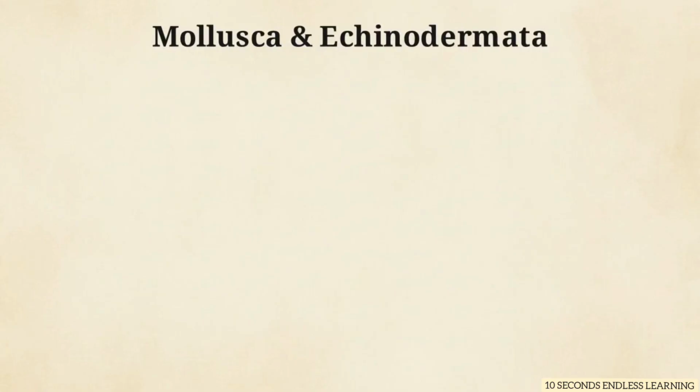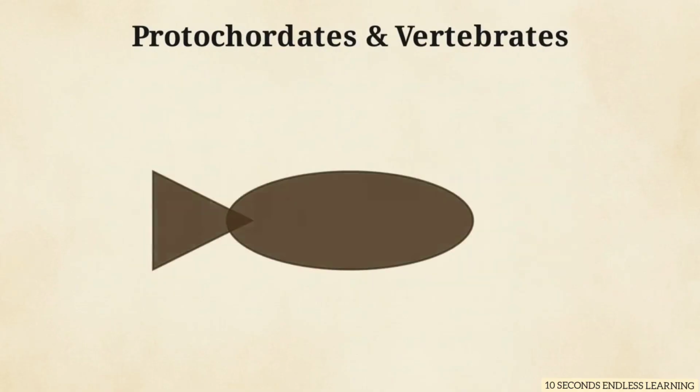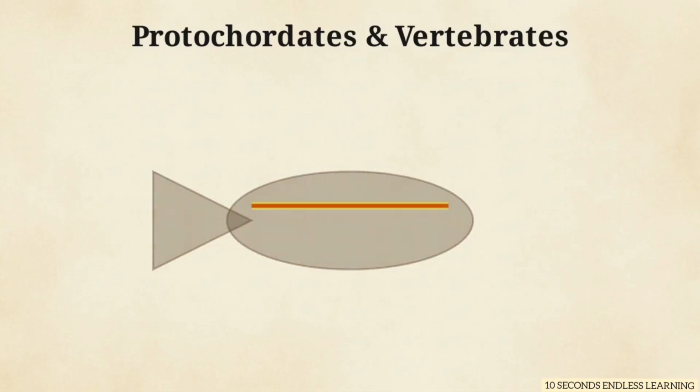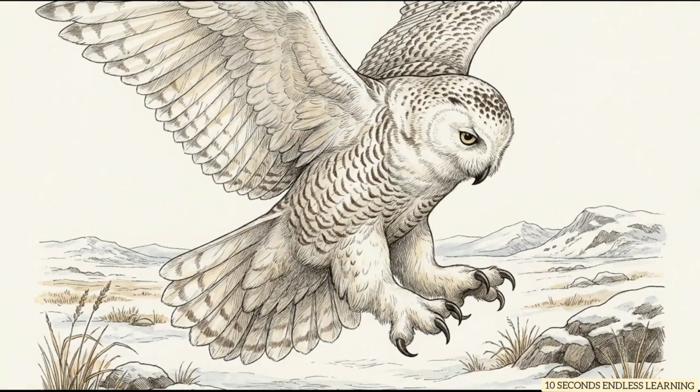The final major groups include Mollusca, which protect their soft bodies with shells, and Echinodermata, which use hard internal skeletons. This brings us to the critical transition into protochordates and vertebrates. Their defining feature is the arrival of the notochord, the flexible rod that acts as the foundation for a true backbone. From a flatworm's bilateral symmetry to a mammal's rigid backbone, every animal feature is a distinct structural adaptation. These physical changes accumulated over vast spans of time, allowing organisms to hunt efficiently, evade predators, and survive in extreme